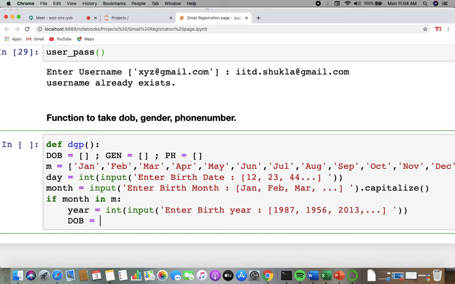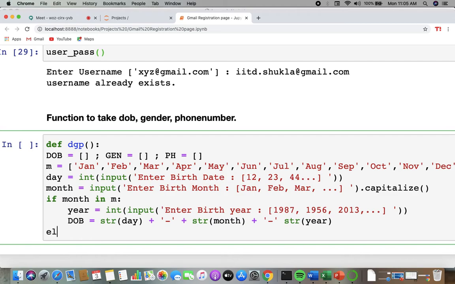And make this date of birth as str of day plus str of this month plus str of this year. And if it is not found in the month,